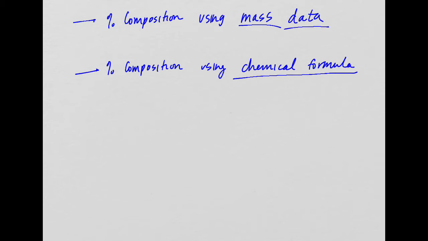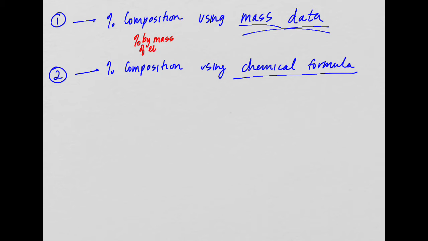Mass data and chemical formula. So these are the two different ways that we can find our percent composition. There's going to be two different kinds of equations that we're going to use. They're very similar to solve for these two things. So for the first one, the percent composition by mass